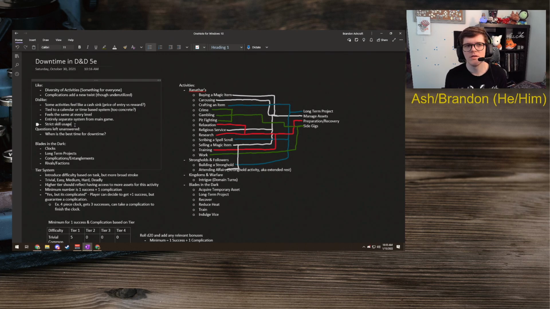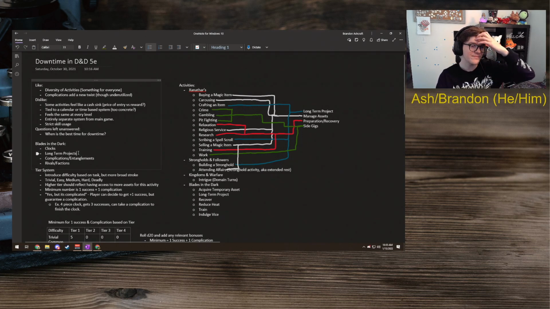And so when you're in stuff like that, a lot of these activities tend to not work. You could maybe do work, but I don't know if you would ever get the amount of money that the work activity gives you. You could do crime. Good luck finding anything valuable. Gambling, maybe. Pit fighting, probably. And then a lot of this other stuff, like nobody's gonna want to work with you because you're an adventurer and you bring Strahd here. So kind of figuring out how to tie all that in.